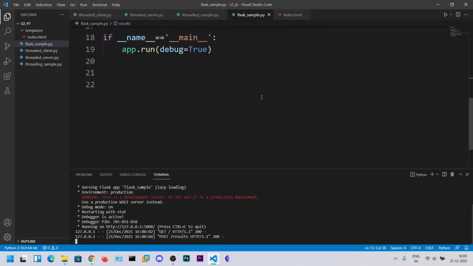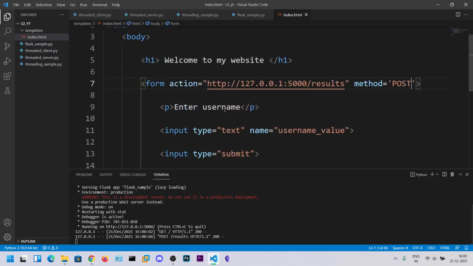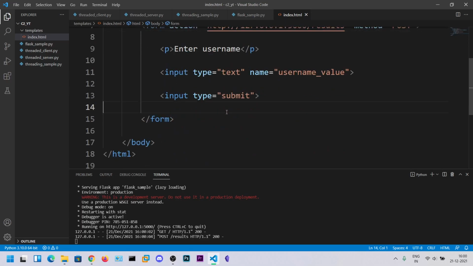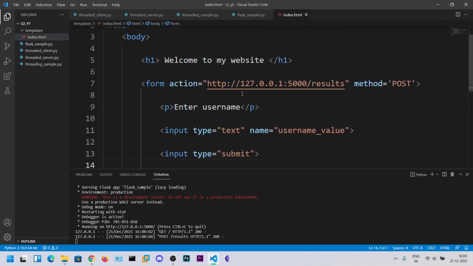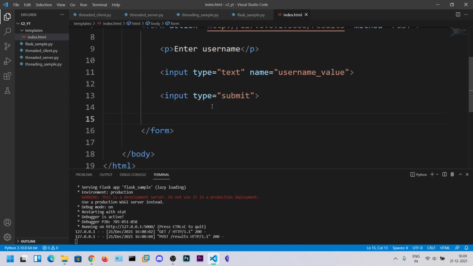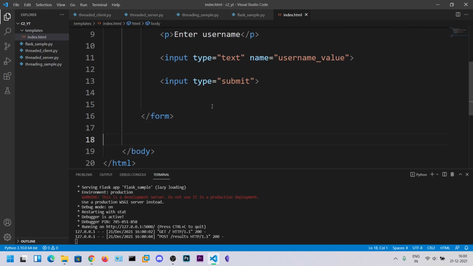What you can do is you can also put the value here.